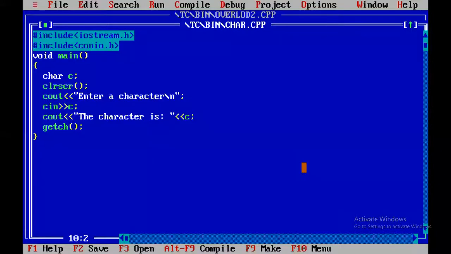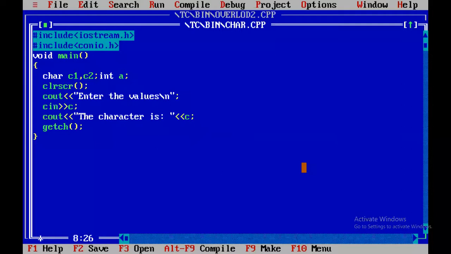Now, what we have discussed theoretically, we'll consider C1, C2, and then int A. I say enter the values.